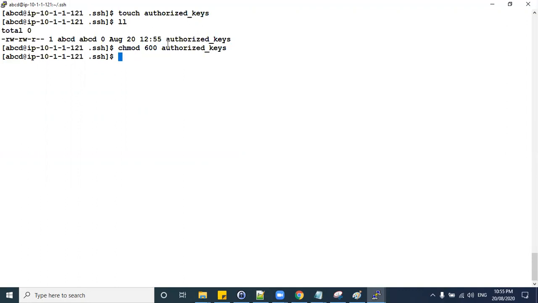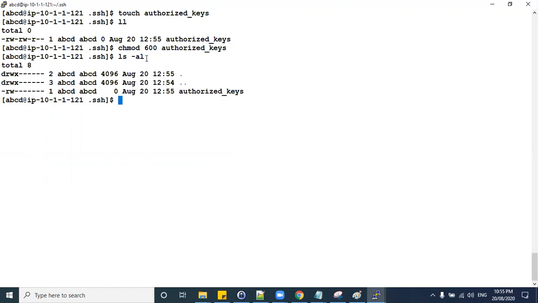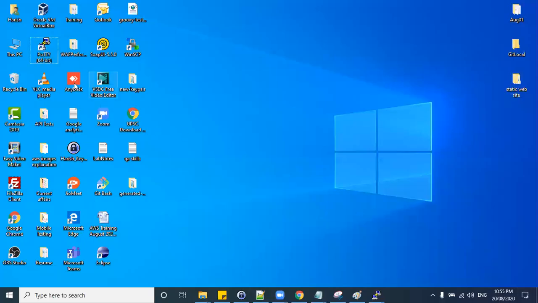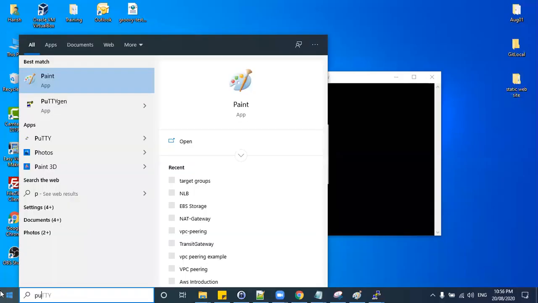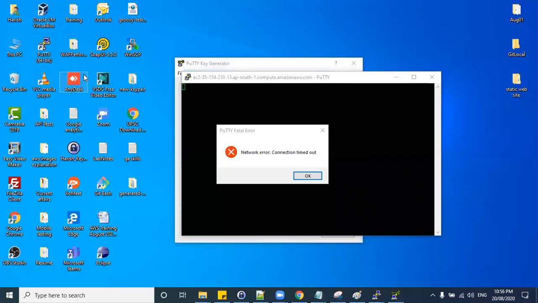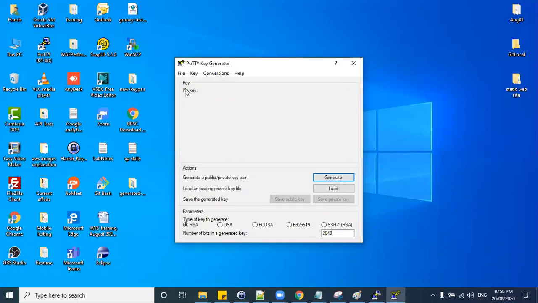Okay, now let us not follow this method. ls -al. vi authorized_keys. Let us use PuTTY generator to generate public and private keys. Generate.